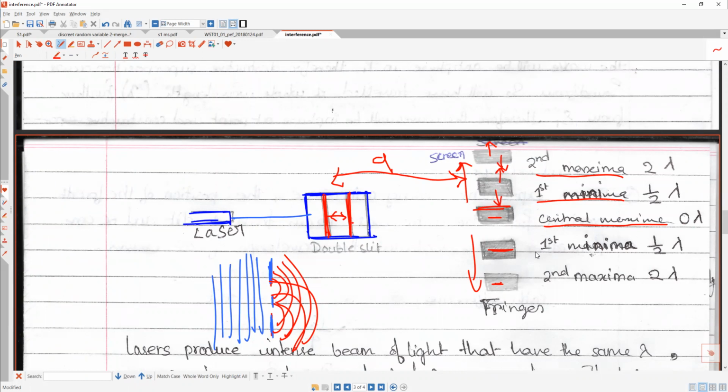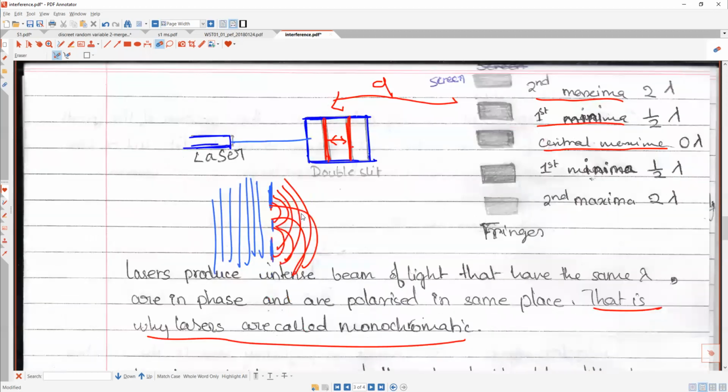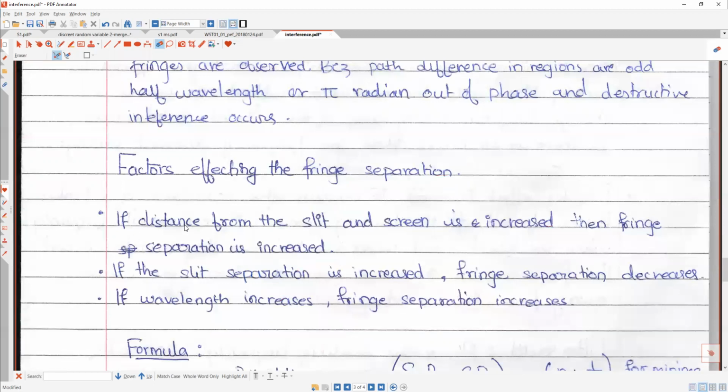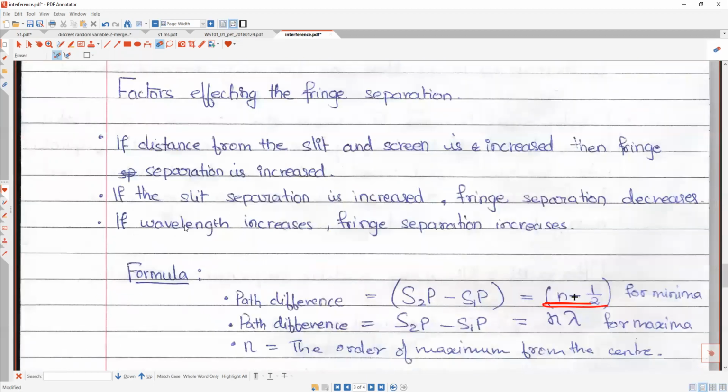Online, is everyone understanding? Yes, understood. Fine then. Then they're saying if the wavelength of the light increases, you have to know, I'm going to teach you even regarding VIBGYOR over here, don't worry. If the wavelength increases, fringe separation also increases. These three you are supposed to learn by heart.